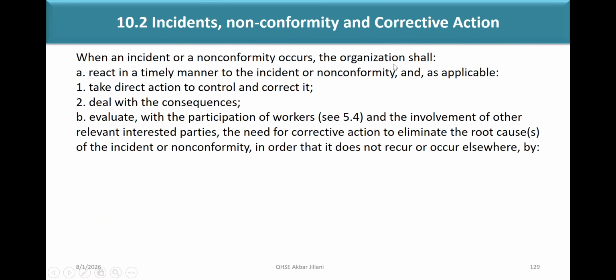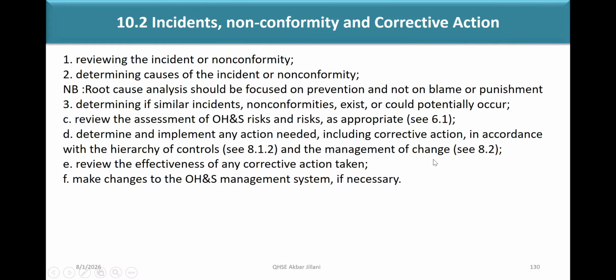Non-conformity and corrective action: when an incident or a non-conformity occurs, the organization shall react in a timely manner to the incident or non-conformity and, as applicable, take direct action to control and correct it, deal with the consequences, and evaluate, with the participation of workers, like 5.4, and involvement of other relevant interested parties, the need for corrective action to eliminate the root cause of the incident or non-conformity so that it does not recur or occur elsewhere by